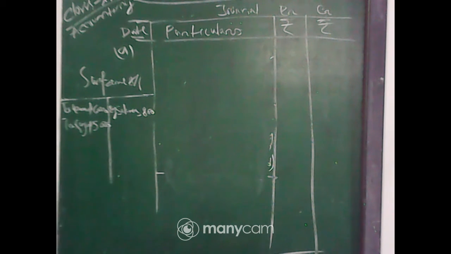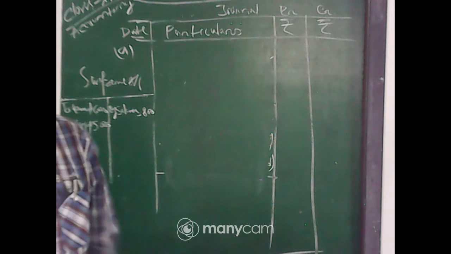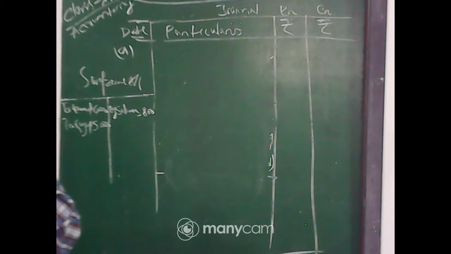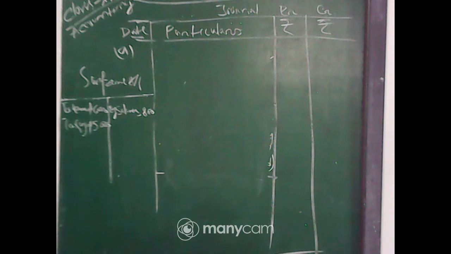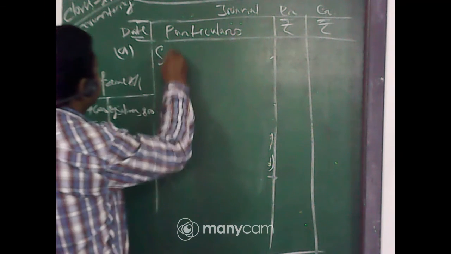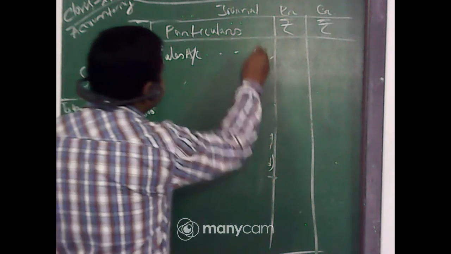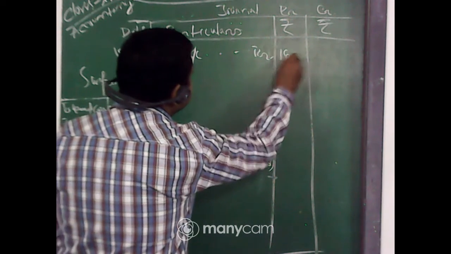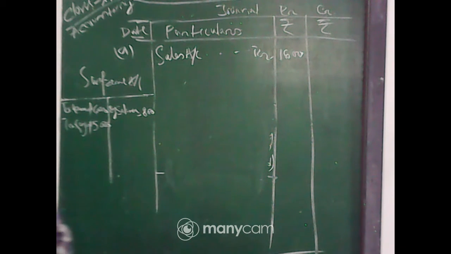So sales account they actually credited, but the amount is also not matching with the goods withdrawn by the proprietor. Sales account was credited by rupees 600. Sales should not be credited, sales should be debited. So first, to rectify, the sales account would be debited. As it is credited, you have to debit it. Sales account debited 1600. Now what would be the credit?